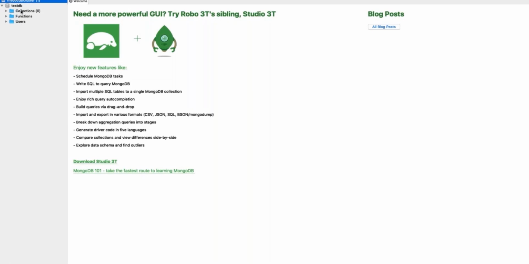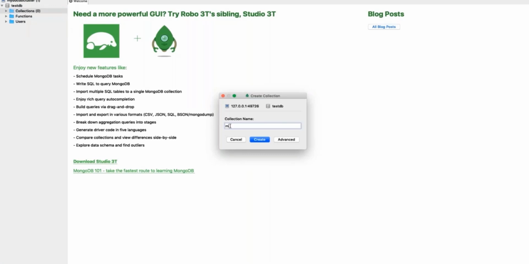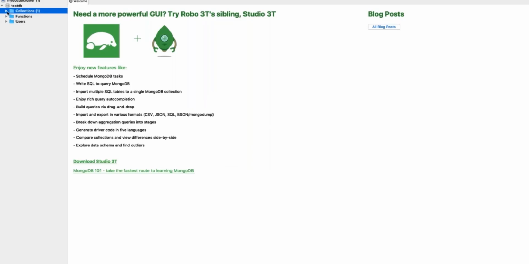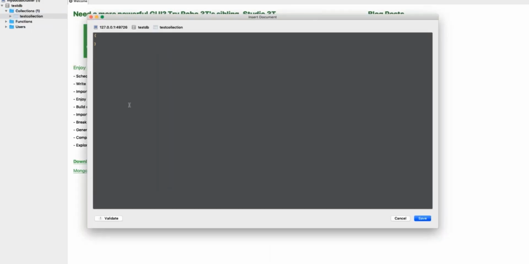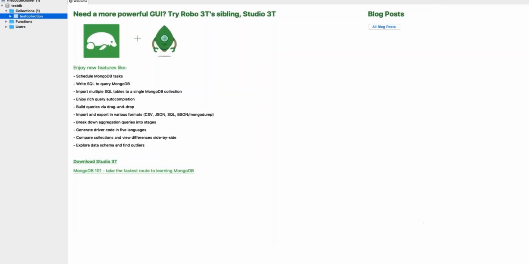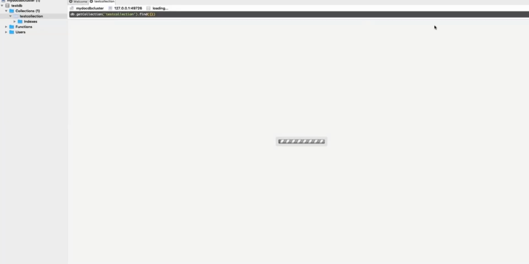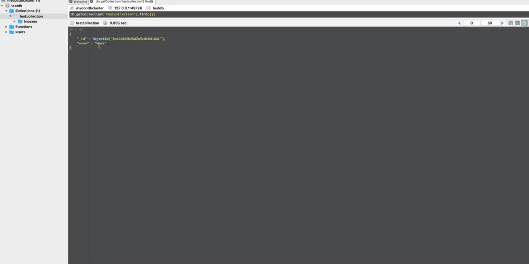I don't have any collections right now, so let's create a collection. Let's call it test collection. And I can also insert some data into this. So I'm going to insert name, my name here. I'll validate that this is a valid JSON document, and I hit save. And I just inserted my first document in there, and I can also view all my data inside of my collection. And as you can see, the document that we just inserted was successfully inserted,